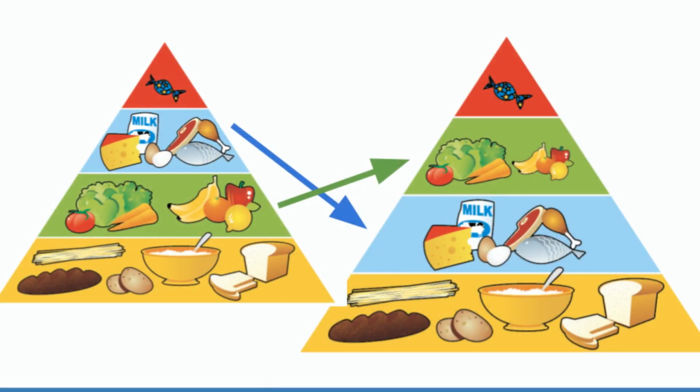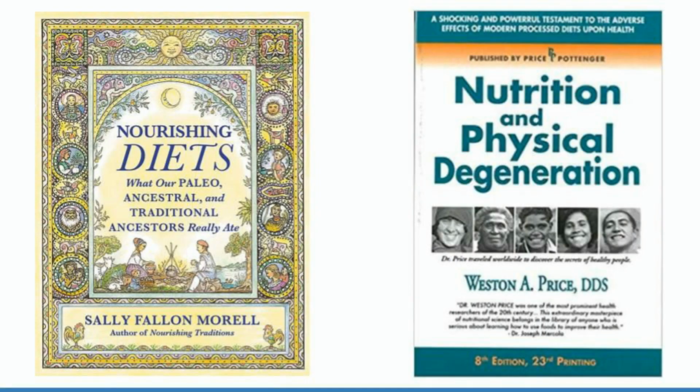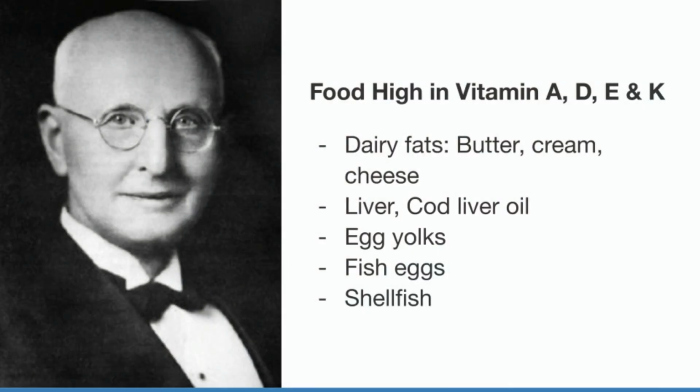Now, Weston A. Price's food pyramid would look a little something like this. And to learn more about ancestral diets, I suggest reading his book or reading Nourishing Diets by Sally Fallon. Now, Dr. Price's first major discovery was the importance of fat-soluble vitamins A, D, E, and K2, MK7 to be exact. And this is mainly found in the dairy fats, cream, butter, sour cream, in liver, egg yolks, fish